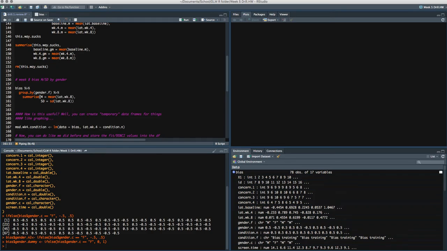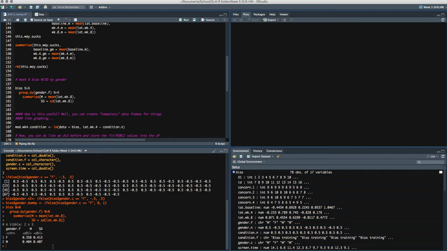And then make sure that I have the appropriate amount. And now you can see it gives me my mean and standard deviation for week 8 IAT scores as a function of females and males. So as I'm reporting this, I would say something to the effect of,